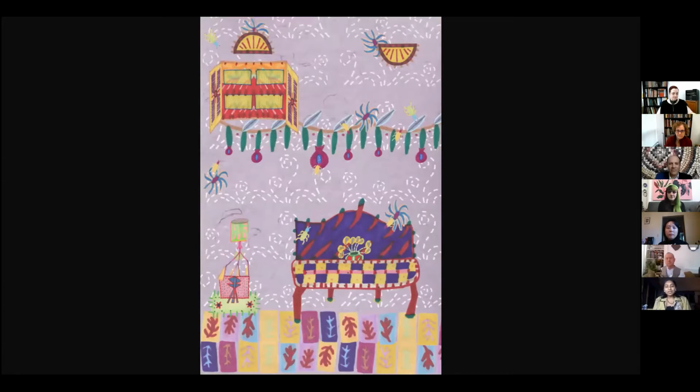I have a very rigorous documentation process with photos. I take a lot of photos and use them as a foundation for my work, and I always refer to them when I draw. So this is my living room, and I'm also piecing and collaging different parts of my house together, playing with opacity, texture, and stencils, and having that layered juxtaposition between the mundane and the ritualistic aspects. And I think the other one,